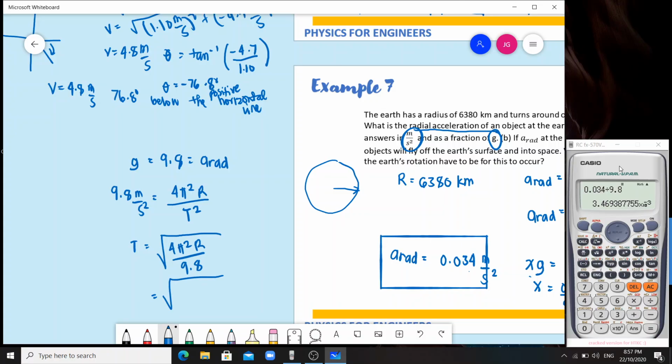There. 4 pi squared, 6380 times 10 to the 3 meters over 9.8 meters per second squared. There. So, what we get is seconds. So, 4 pi squared times 6380 times 10 to the 3, over 9.8 meter per second squared. So,